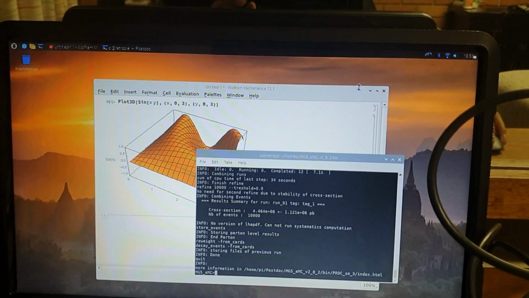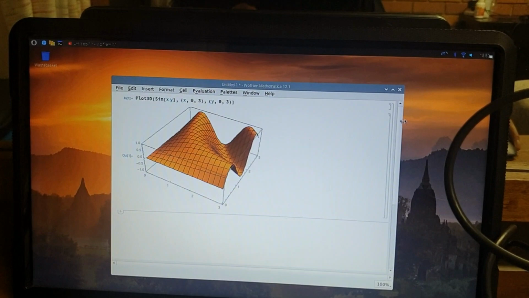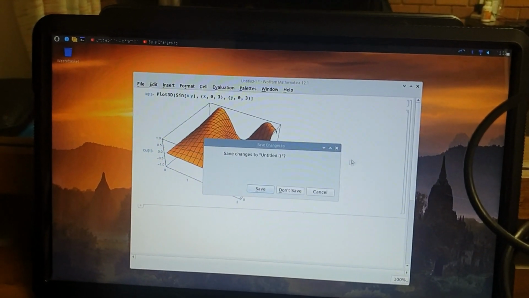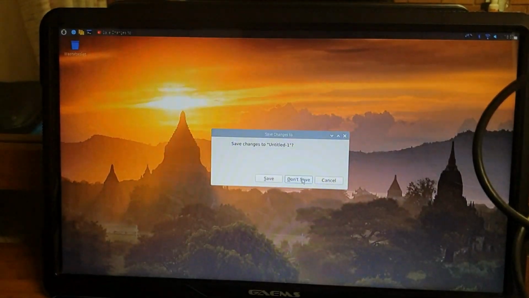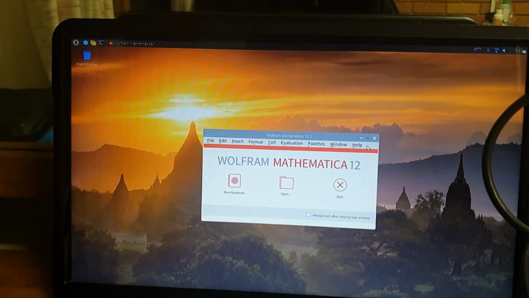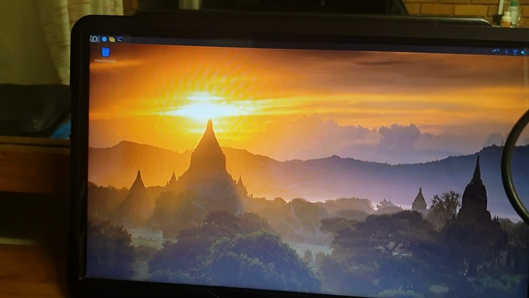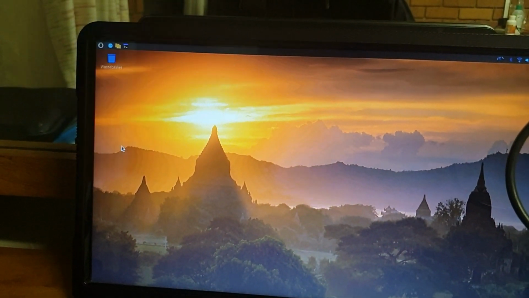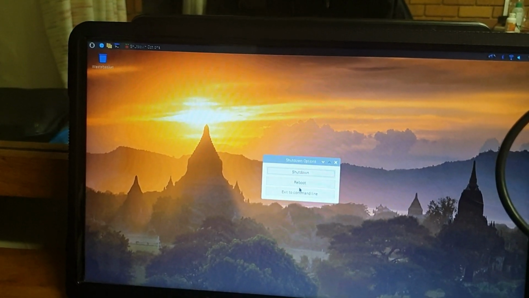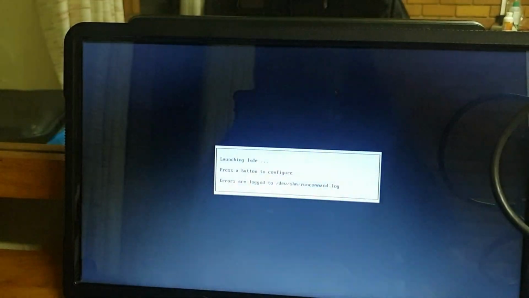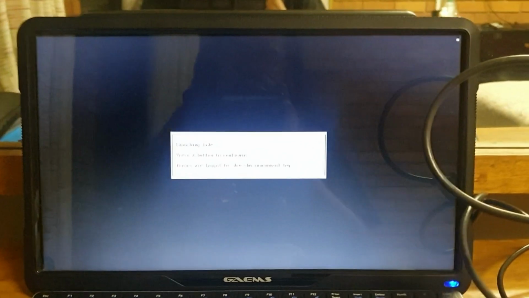But let's just close these. So we close the terminal. We close Mathematica. It will ask us to save. Don't save it. And then let's close the main window of Mathematica. Basically, you can shut it down from here. Shut down, and then let's just reboot it. And then when you reboot again, you go back to the